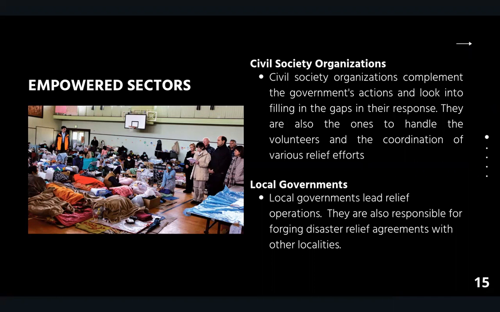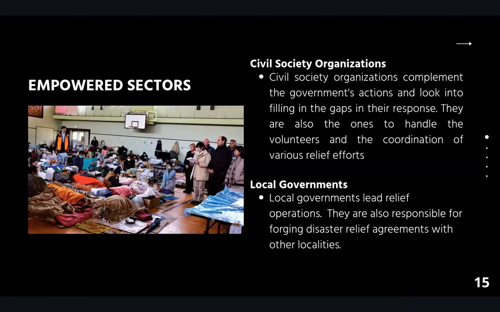Moreover, they are also responsible for handling the volunteers and the coordination of several relief operations of both Japanese and international organizations. Among the most prominent and empowered civil society organizations following this disaster was the Japan Platform. The Japan Platform set into motion the funding of several relief efforts just a few hours after the earthquake had occurred. They funded organizations that were to oversee the initial needs, assessment, rehabilitation, healthcare, hygiene, and other forms of humanitarian